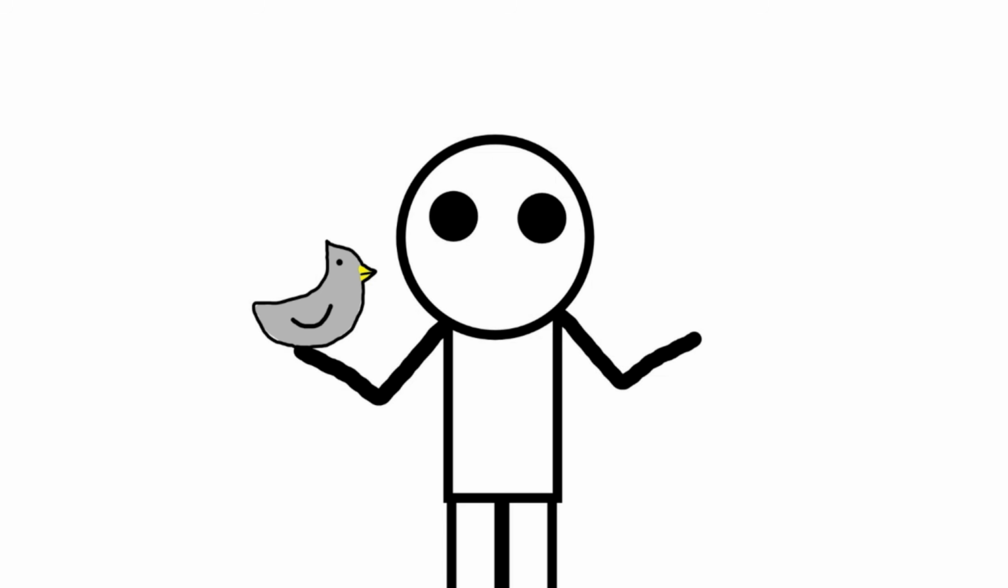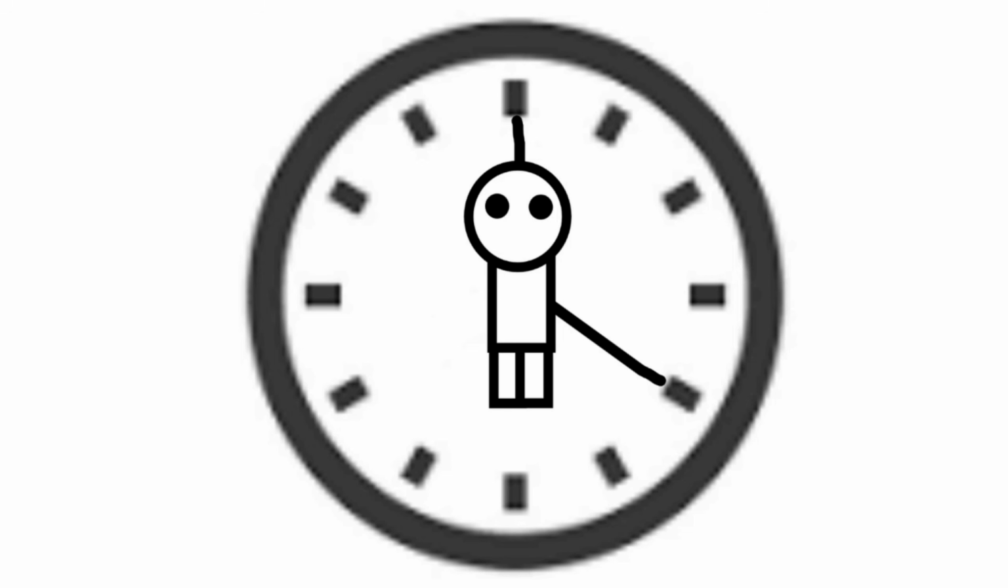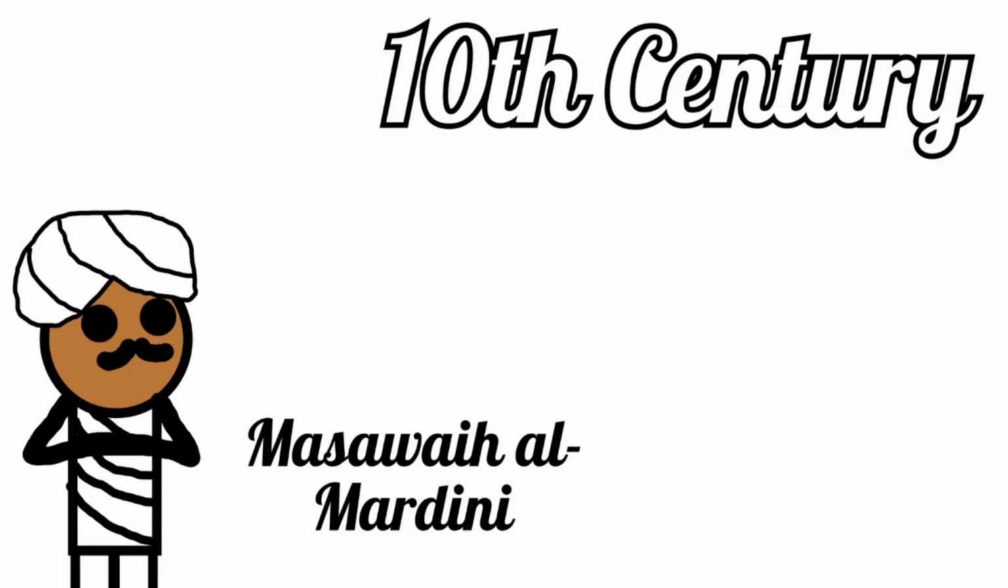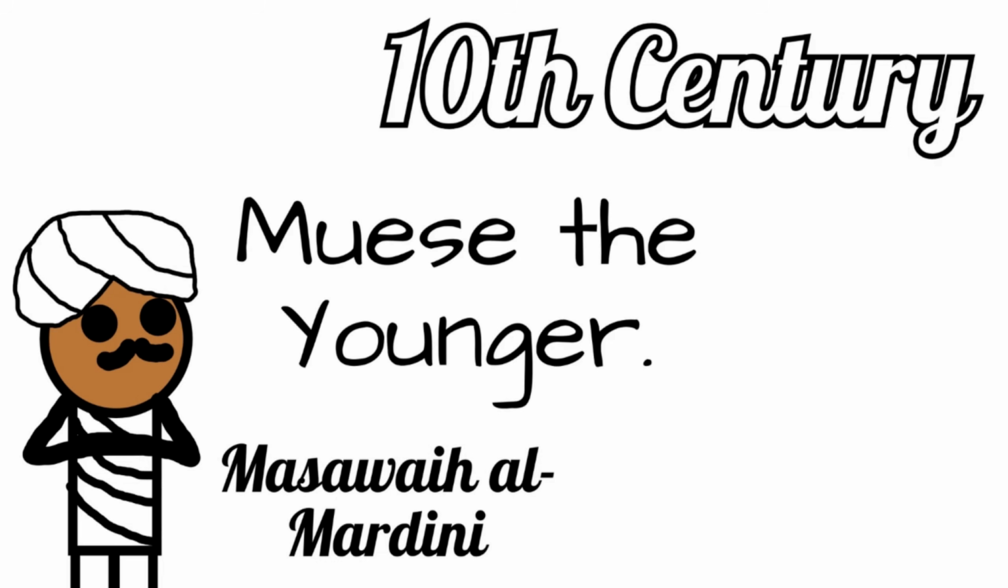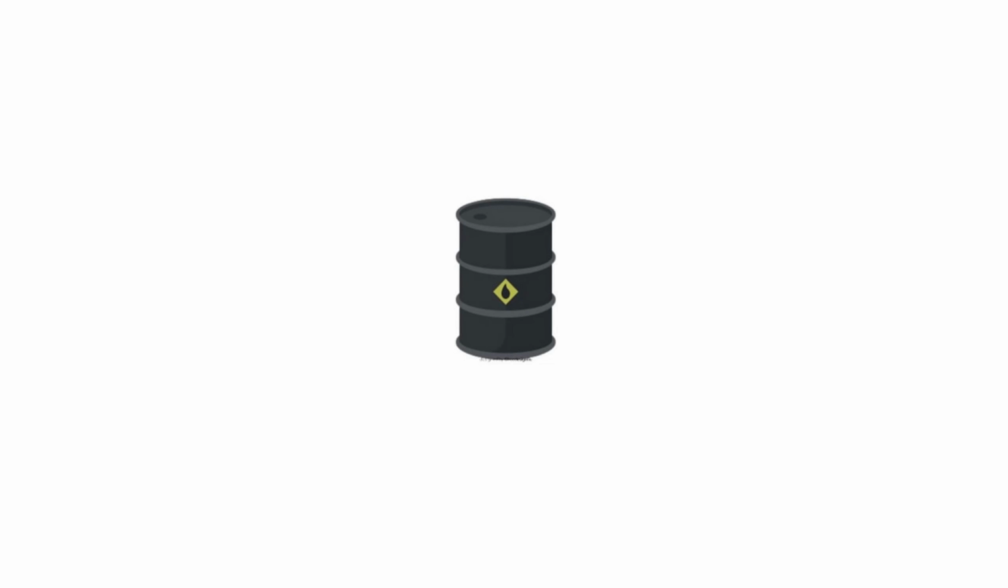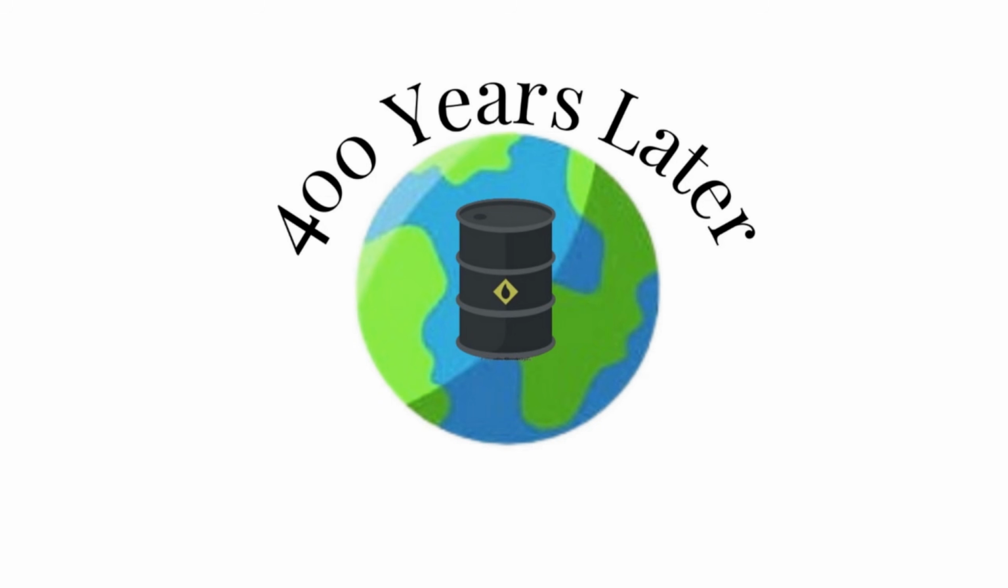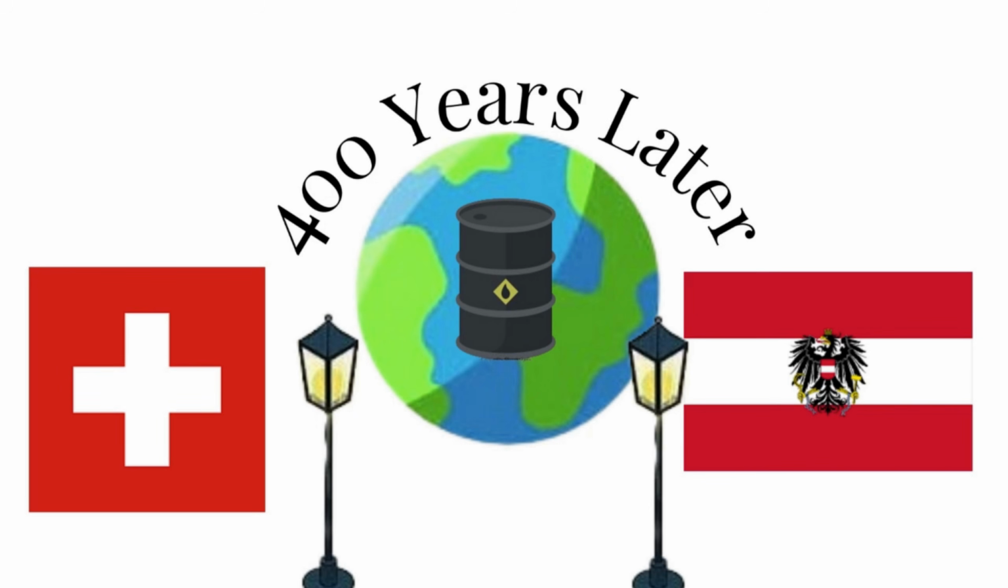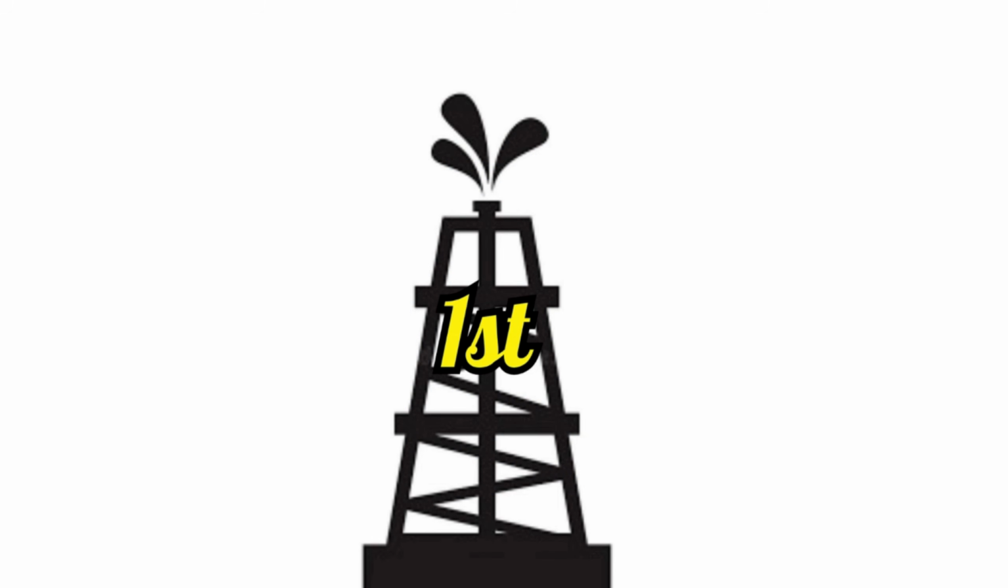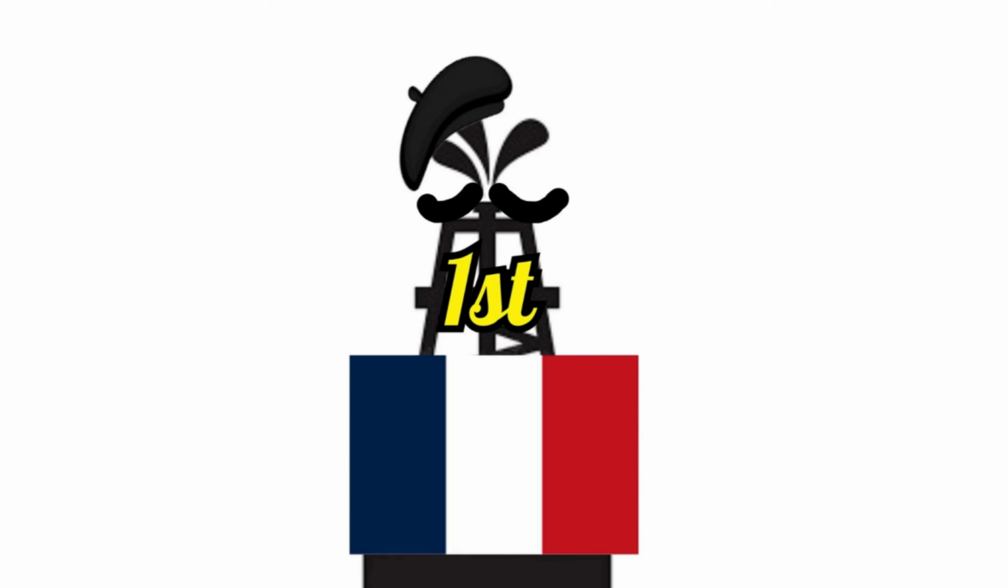Now that you guys have a little idea of what shale oil is, let's rewind the clock and take a look at its history. Shale oil was first discovered in the 10th century by the Arabian physician Masawai al-Mardini, or in English, Muse the Younger. Shale oil first saw widespread use about 400 years after its discovery by both Switzerland and Austria as fuel for streetlights. The first ever industrial extraction of shale oil occurred in France around the city of Autun in 1837, but